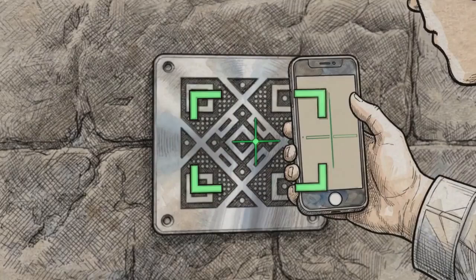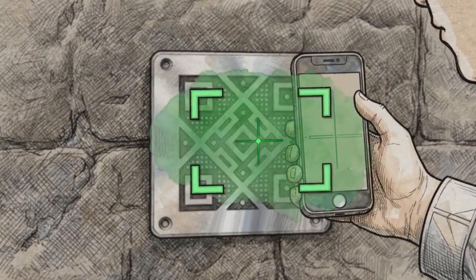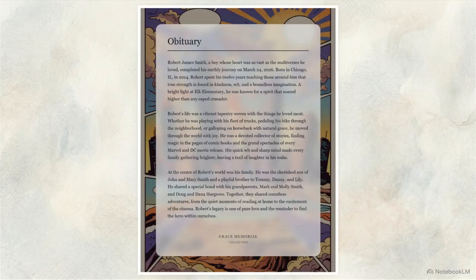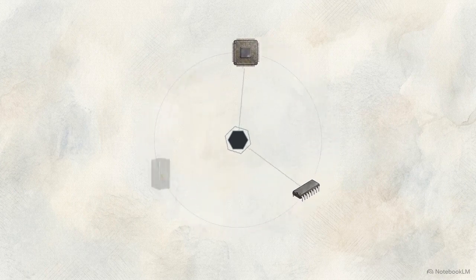A visitor uses their smartphone to scan the stainless steel QR plate. The scan triggers an immediate routing request, authenticating the device and querying the secure HTML site for the stored data. The user's device instantly receives the interactive flipbook, presenting the complete AI-generated narrative of the subject's life. Granular ceremonial details, such as the exact order of service and specific scripture readings, remain permanently preserved and accessible from anywhere. By combining robust state persistence, context-aware large language models, and multi-format document generation, the system successfully resolves the operational